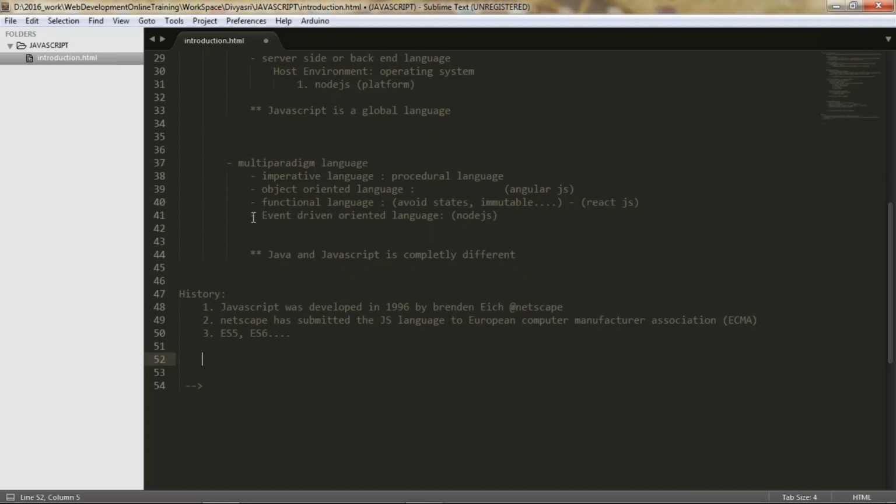So with the help of the event-driven nature of JavaScript, we are able to construct Node.js. Okay, we will discuss all these things later on. Now,